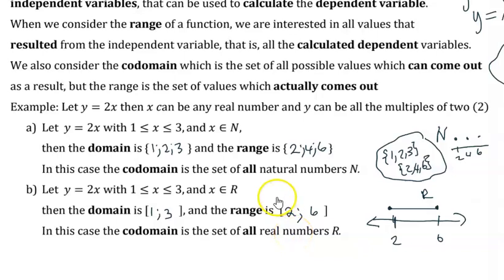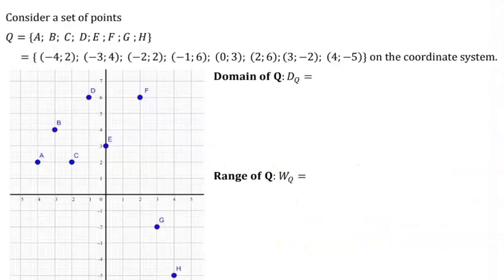So let us look at some examples. On this page you will see a few dots labeled A, B, C, D, E, F, G and H, and the dots are very large. If I would indicate the point on that coordinate system, you would almost not see it, so small will it be, but we make it larger just to make it more visible. So I've written down all the coordinates there